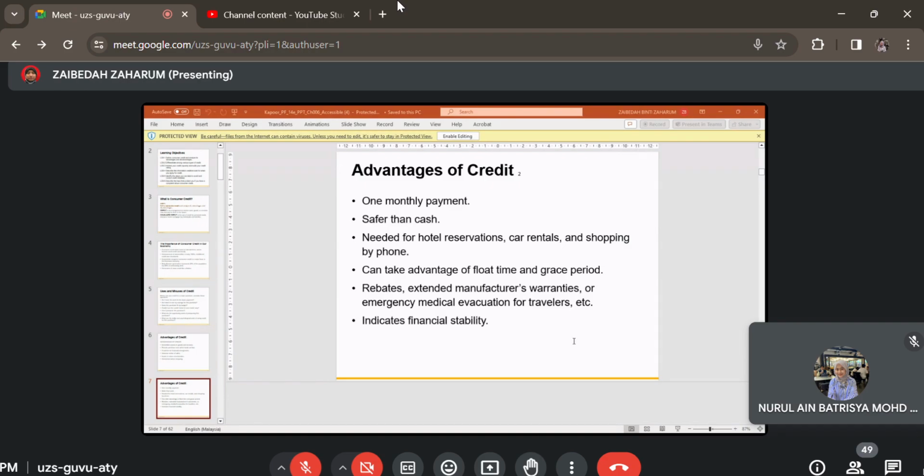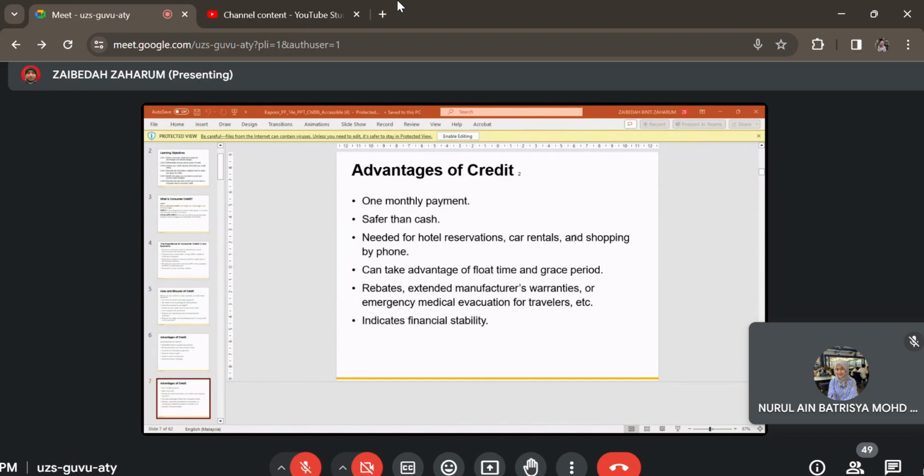Di mana ianya membenarkan individuals tadi to secure reservation ataupun make purchase tadi without needing to present physical cash ataupun check. Okay. And then the next one, advantages tadi, can take advantage of float time and grace period. Okay, kat sini, the credit card holder tadi can benefit from float time, di mana bila kata float time ni tadi adalah merupakan period between making a purchase and then bila you nak bayar balik